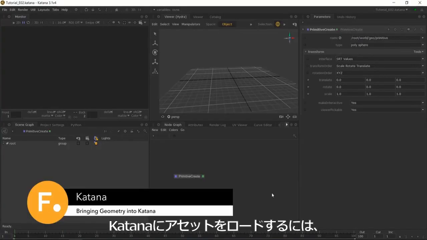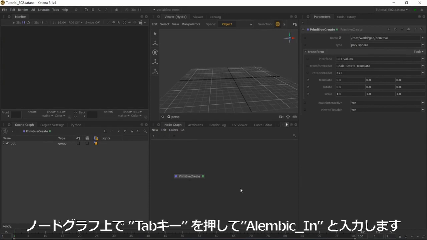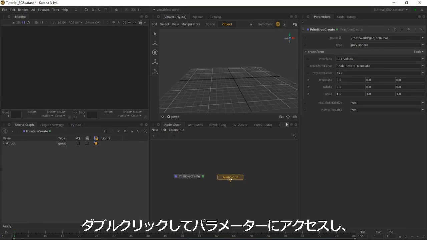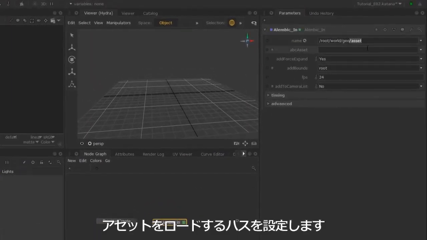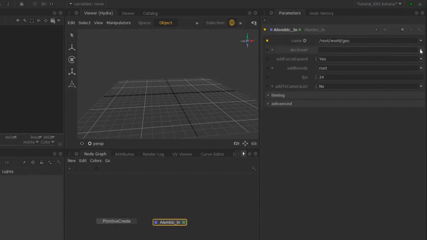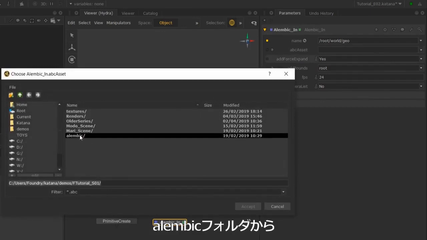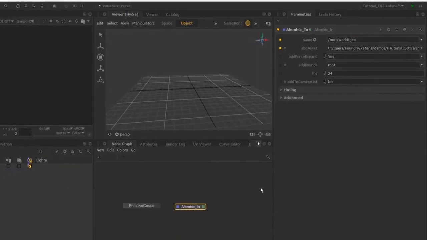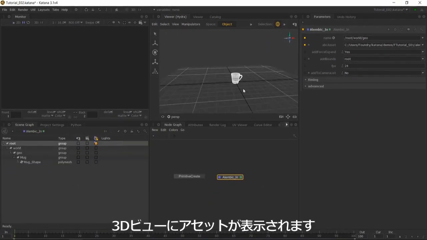The way you import assets into Katana is by bringing in an Alembic ABC file. So I'll hit tab in the node graph and type in Alembic in and enter, and if I place it in the node graph, it will click on it. I'm just going to remove this part so that it's at the same level as my sphere, and then if I hit this drop down menu and click browse, I can go into my Alembic folder and find the Alembic file that I want. And so if I expand my root node, here you go, you can find your assets